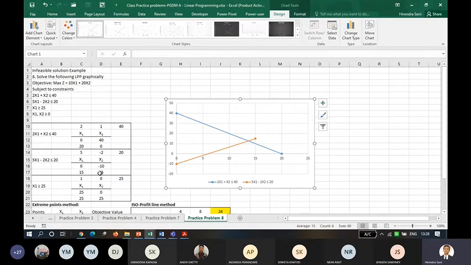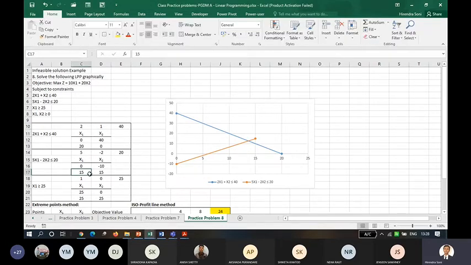So गड़बड़ है. If x1 is 0, so y equals to this, and when y is 0, so that time x equals to